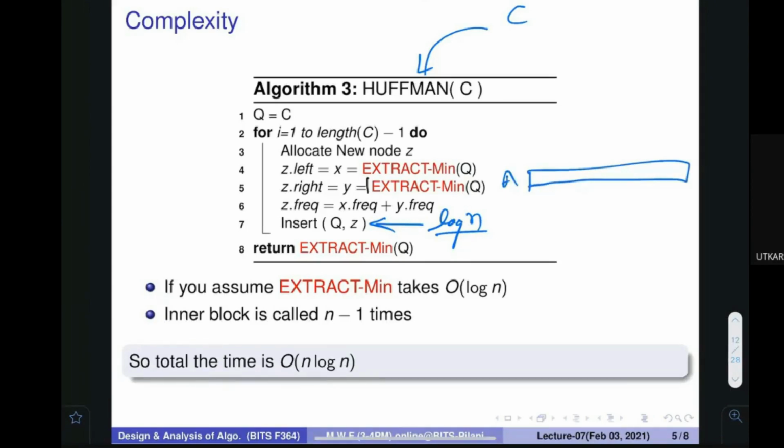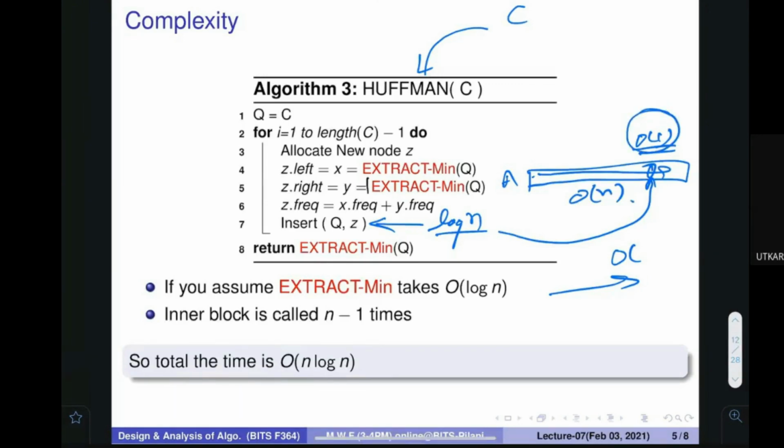If you have an array and you know how many items are there, you can immediately insert the item at the last position, so it would take order of one time. But when you want to keep the items in increasing order, the item needs to be put at the right place, so it would also take order of log n time.